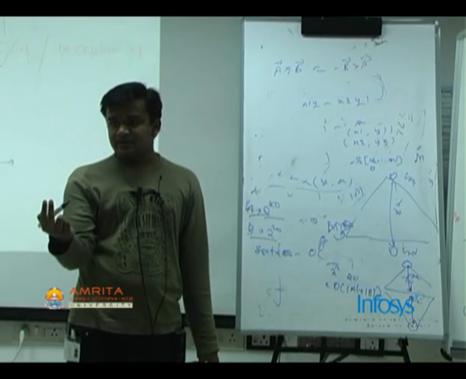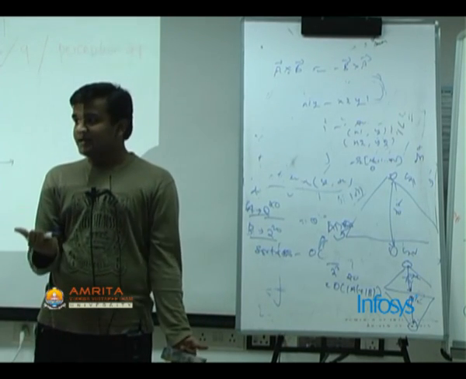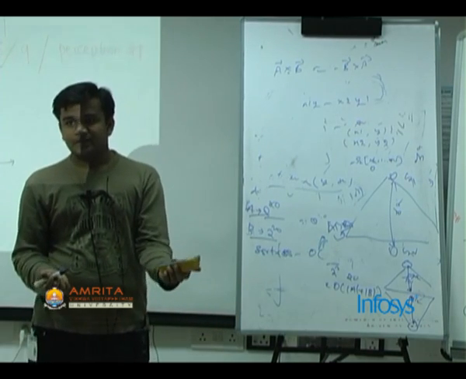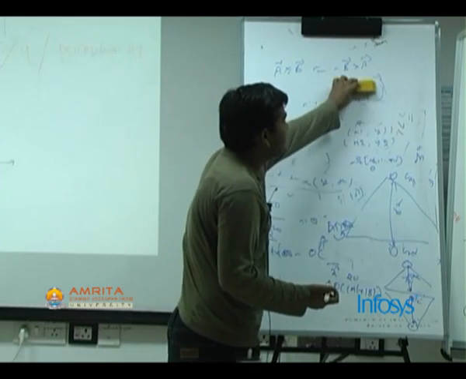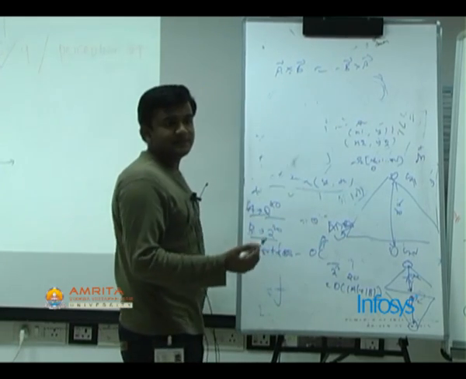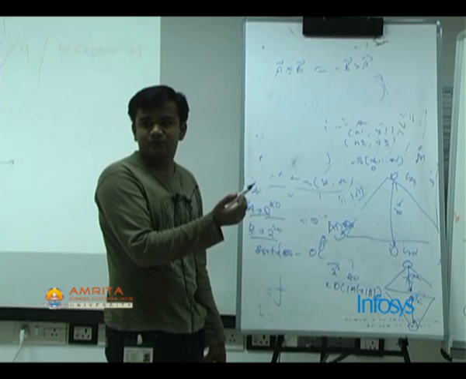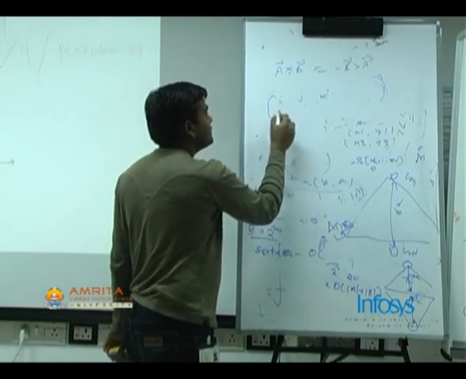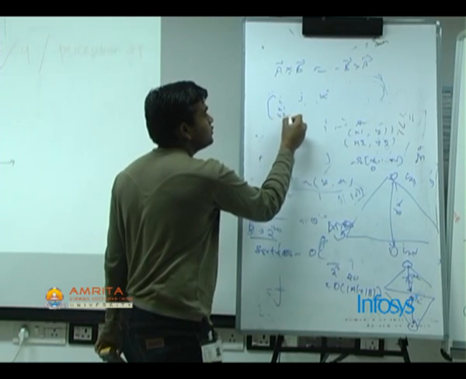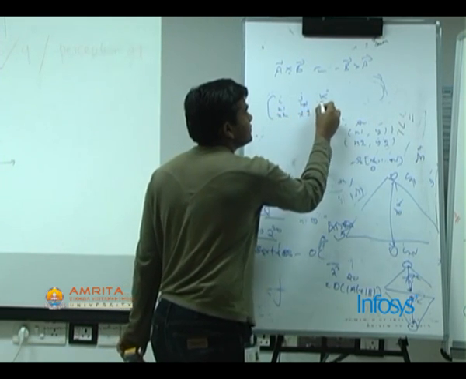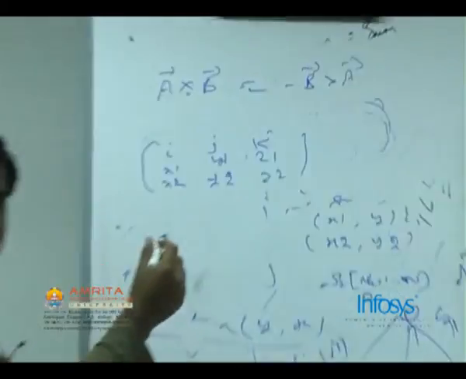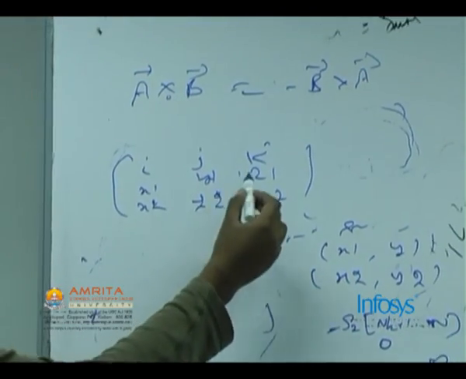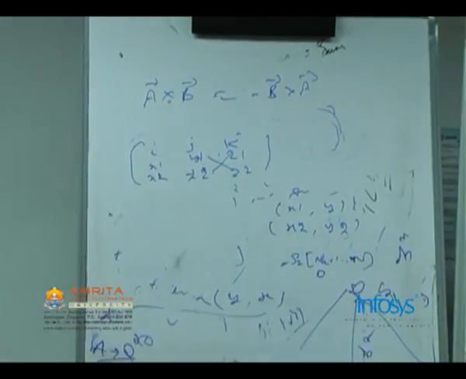When we have three components, the cross product would be a vector, as I told you. So then the cross product will also have three components. You can find the cross product in that case using the simple determinant rule, which you might have read in high school. That is, you write i, j, k here. You write x1, x2, y1, y2, z1, z2, right? So when you are trying to find the x component of the resultant vector, you multiply y1 z2 minus y2 z1, right? Is that clear?